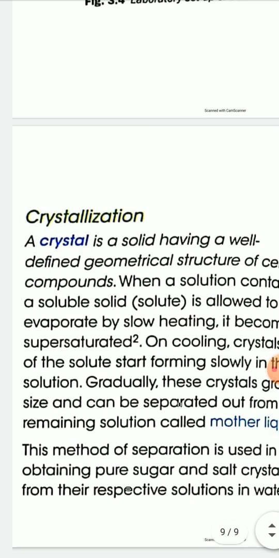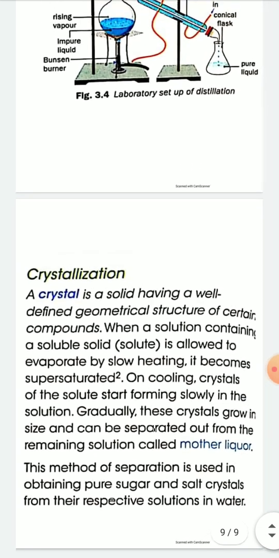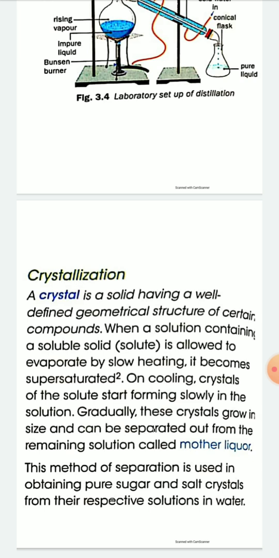Next, crystallization. So first you have to know what is a crystal. A crystal is a solid having a well defined geometrical structure of certain compounds. For example, NaCl, salt, is a crystal. And the process of getting crystals from a saturated or supersaturated solution of that substance